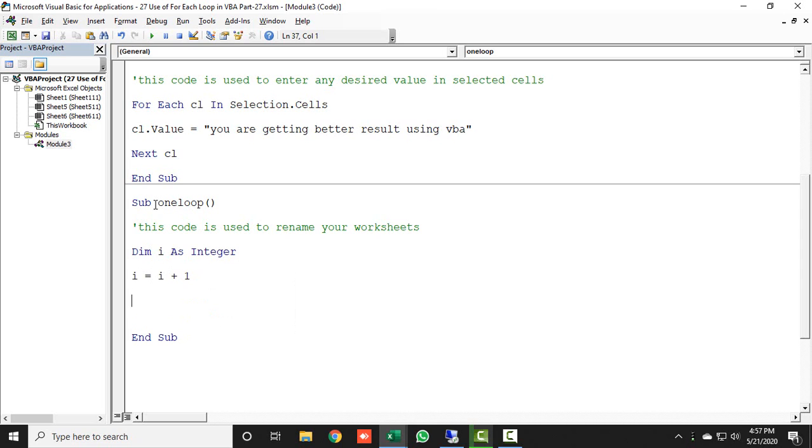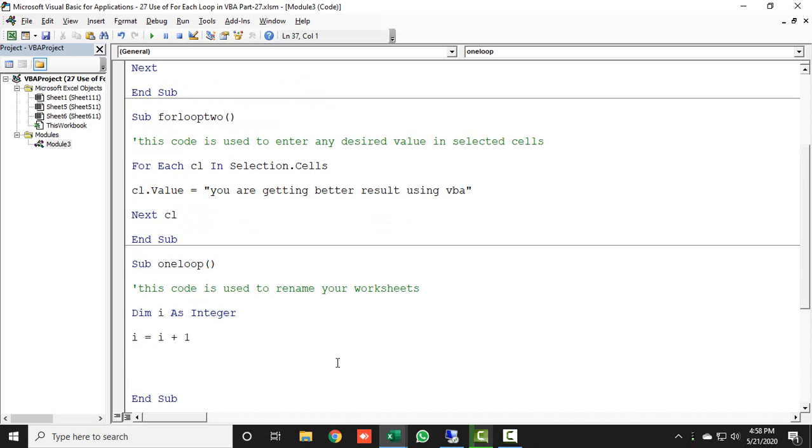Whatever the value of i, that will be i plus 1. Now here we will declare the sheet rename work. Type For Each ws. Here I am defining worksheet as ws; VBA can understand ws means worksheet.